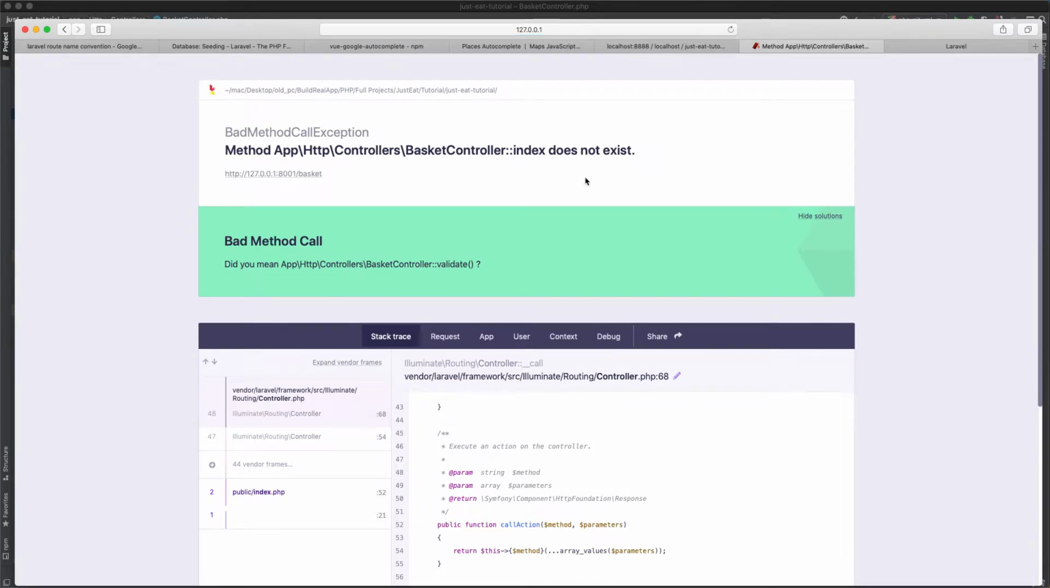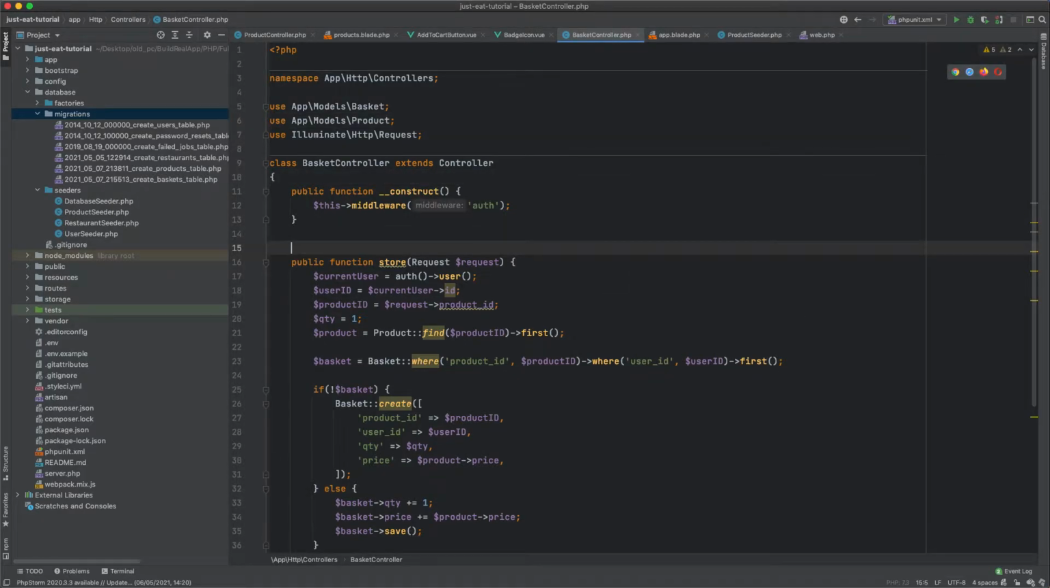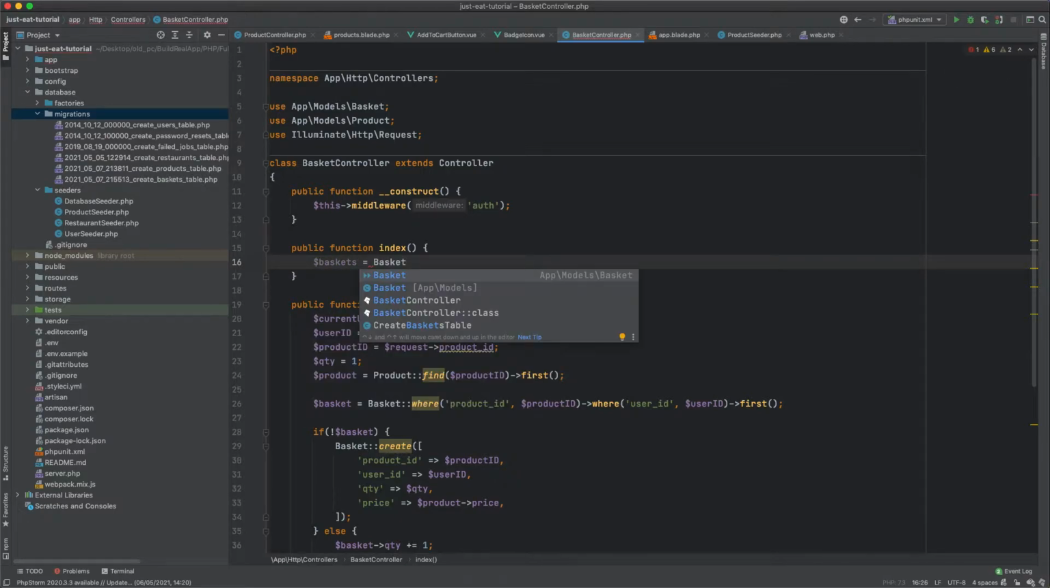Okay, yep, index does not exist. It's clear this is the error. Yeah, so let's make the index, which is this bad boy here. Okay, so what we want to do here is grab all the basket items for the user, what the user has. So I will make basket, the current basket,